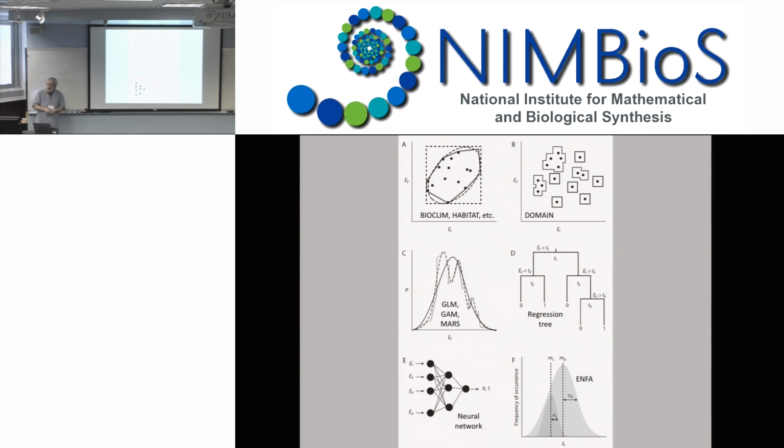So why do we use these tools? I'm not criticizing just Maxent. I'm criticizing the whole toolkit. We've got a set of problems. One is that the object estimated can be more complex than we want. And the other is the consideration of the background, essentially the available environmental conditions. And I'll come back to that. But it's essentially a reason why we don't just go back and use bioclim and things like that that are very simple.